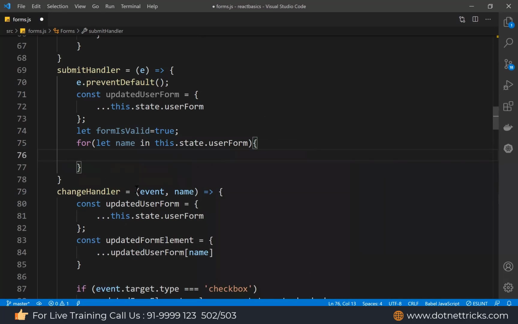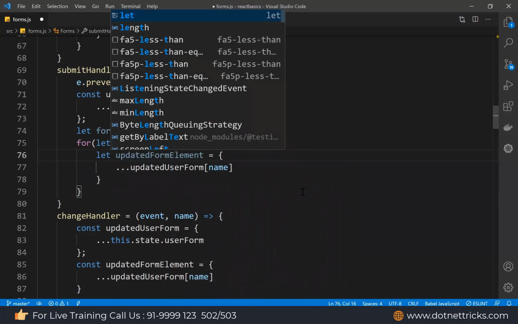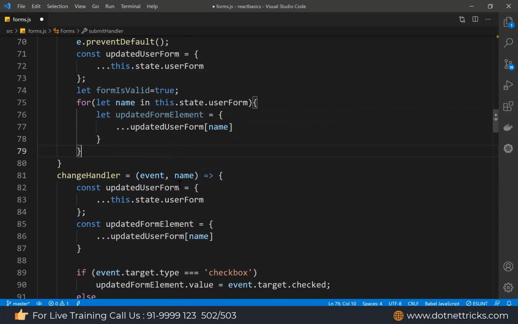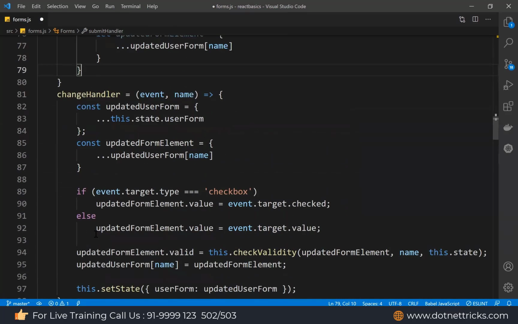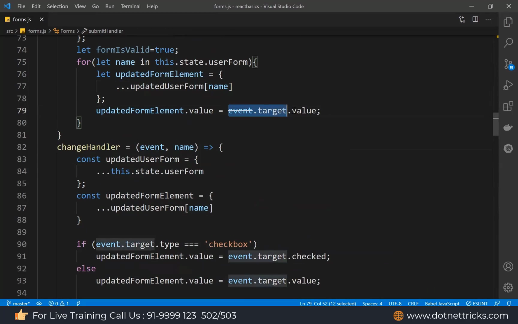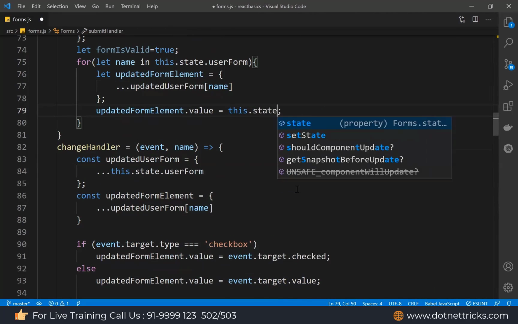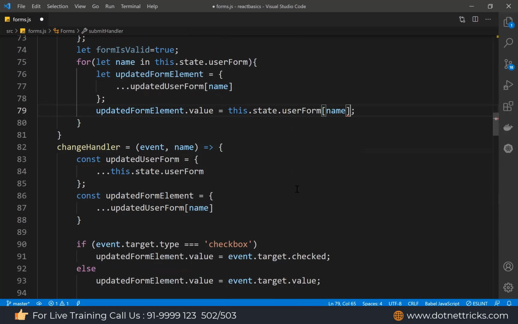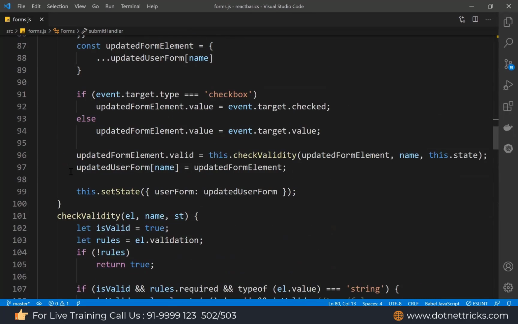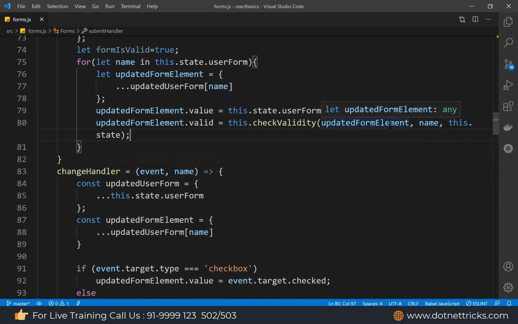Now same way, let updatedFormElement, and the same thing as we did here, the value and validity. The value and validity, but this time it would be this.state.userForm, then name. Now the same way validity. So updatedFormElement, name, and this.state.